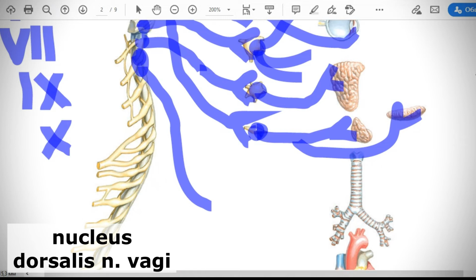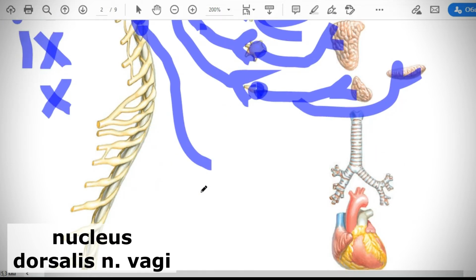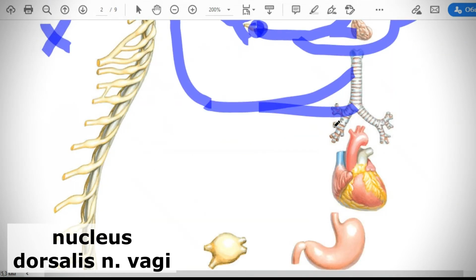Cranial branches have no parasympathetic fibers, but all cervical, all thoracic, and all abdominal branches of the vagus nerve include these preganglionic parasympathetic fibers. And remember, they supply all organs of your neck, all internal organs of your thoracic